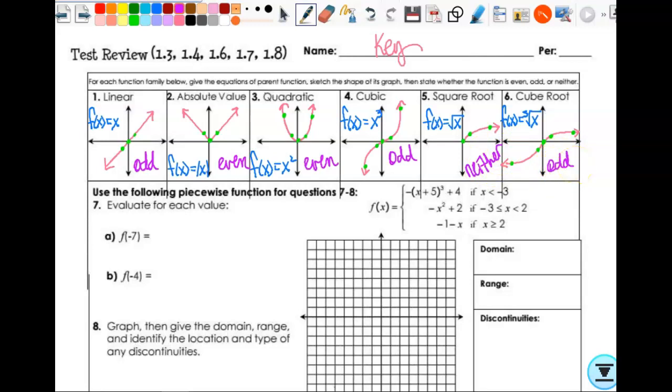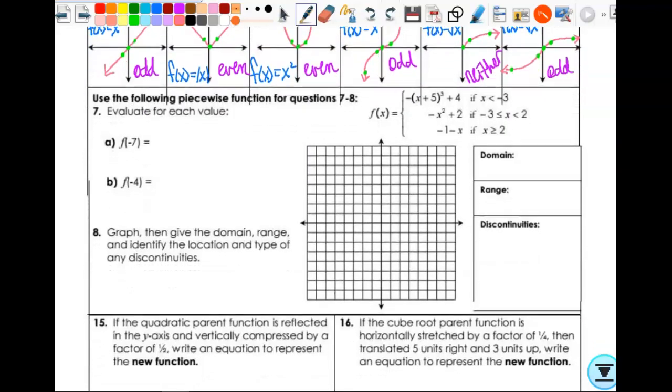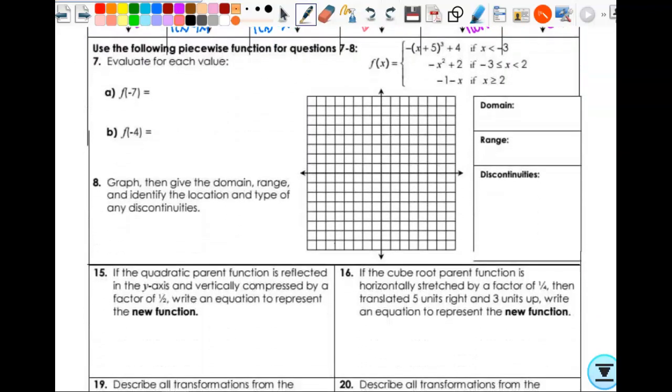Okay, now let's check out the piecewise function. Sorry about the extra little lines. I moved stuff and didn't see those lines. All right, so I'm going to evaluate. So I want f of negative 7. Well, negative 7 falls in this domain because negative 7 is less than negative 3, so that means I'm substituting